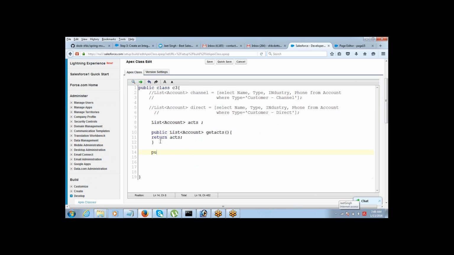So I define a page reference method, name it anything, direct, and